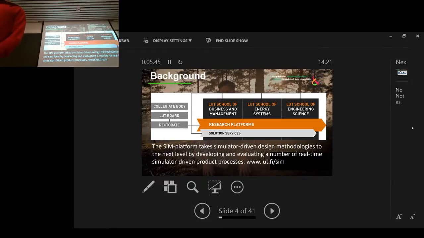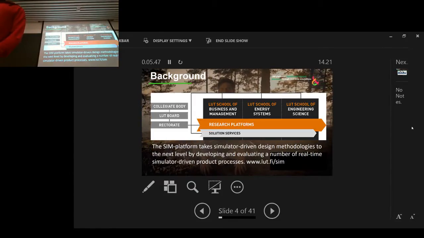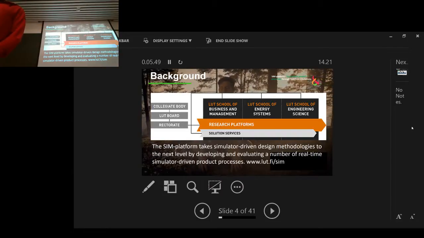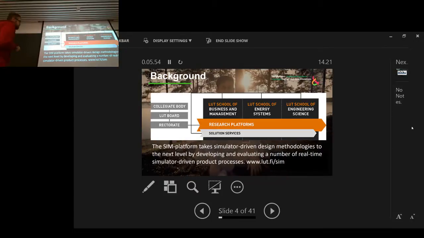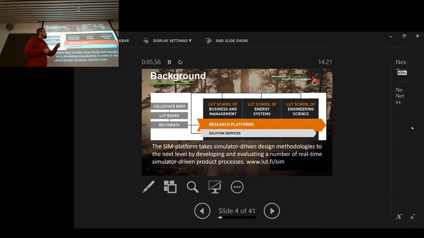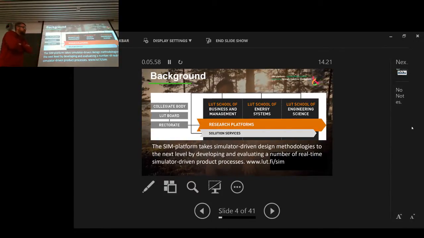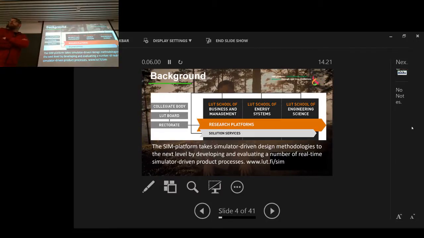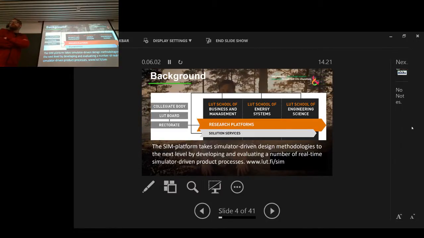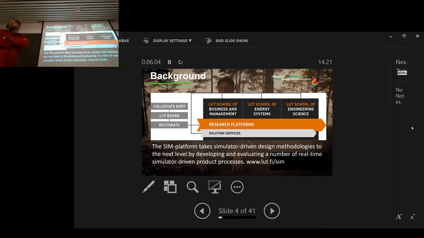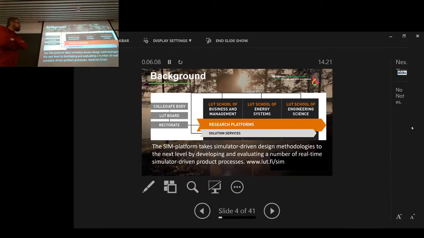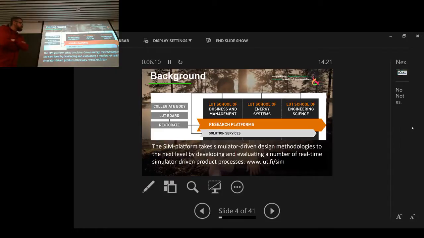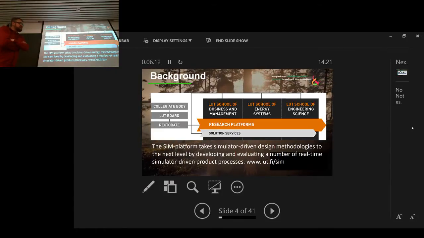And we submitted a proposal and it was accepted. And that's what we are working on at the moment. Initially it was made such that there were teams from two different schools of LUT. Now, after the organization changed again, I think it was last year, you changed your position from LUT School of Business and Management to LUT School of Engineering and Science.